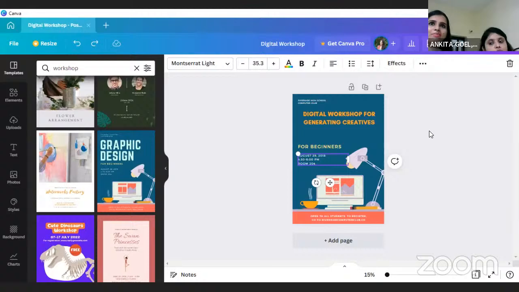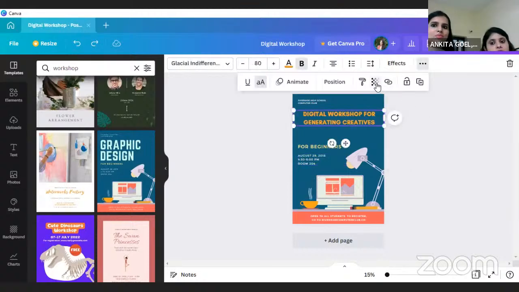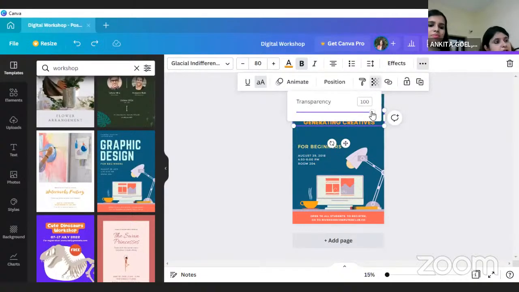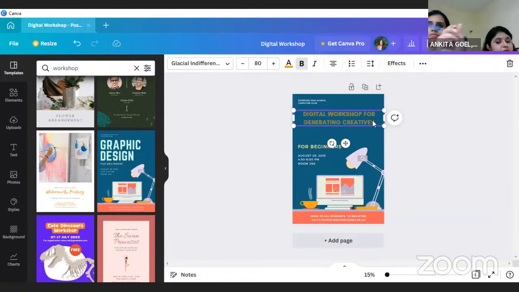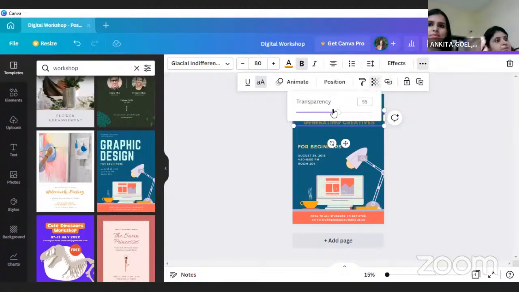Okay. So again, moving on to the three dots, we are left with, I suppose, one more option, transparency. So transparency basically lets you dim or brighten the text. So if you just adjust the slider to your left or to the right, तो उससे जो ब्राइटनेस एलिमेंट टेक्स्ट की जो ट्रांसपेरेंसी है वो कम या ज्यादा हो जाती है।